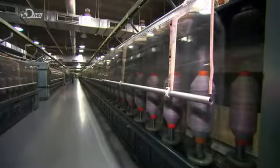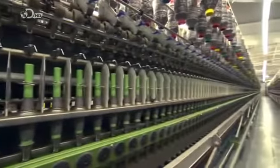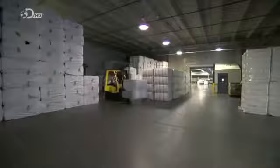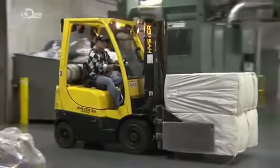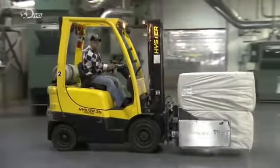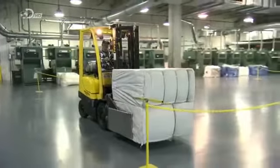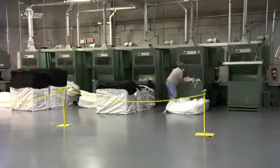This is Tuscarora Yarn, the oldest and largest specialty yarn manufacturer in the US. They've been spinning yarns here since Mark Twain spun his, and they produce enough each week to make 5 million t-shirts. Their first problem is that t-shirt yarn needs more than just cotton. To achieve the optimum blend of comfort, durability, elasticity and texture, they use a mix of 3 fibres: polyester, rayon